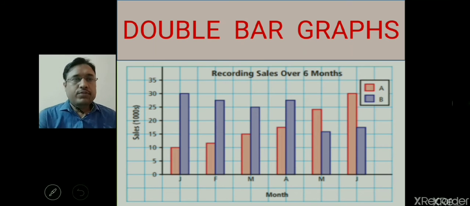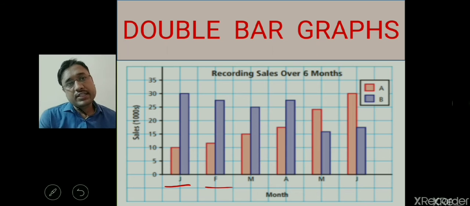Okay, and yes, we know that the double bar graph is used to represent two types of related data. Here, as in this example I have explained, on the x-axis the double bars are representing data such as January, February. The data items shown here are the months from January to June, and on the y-axis it is showing the sales. So this bar graph is showing the records of sales over 6 months of two types of related objects.